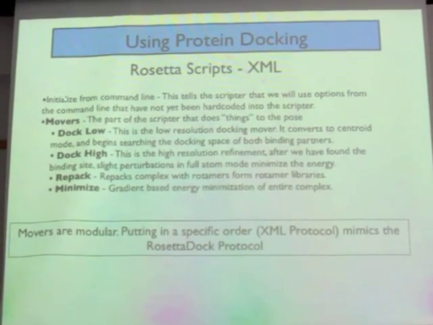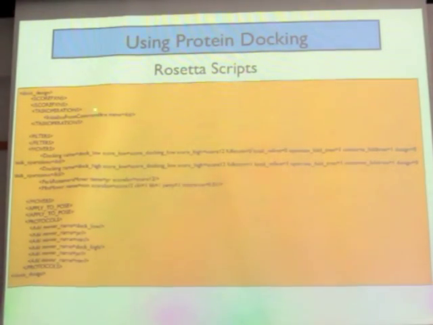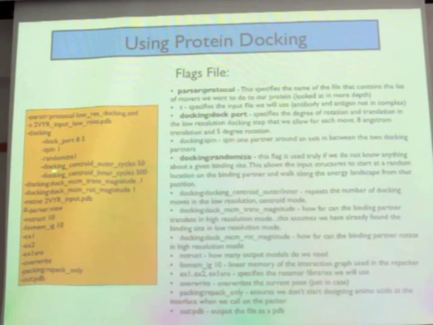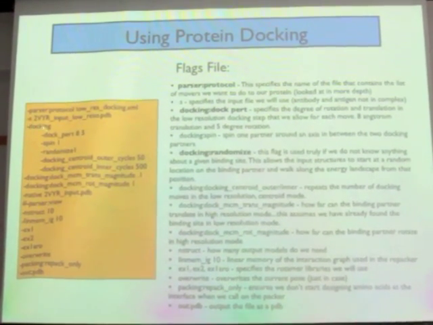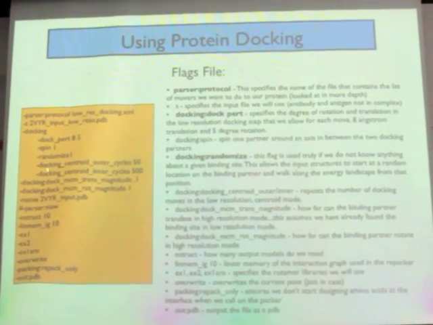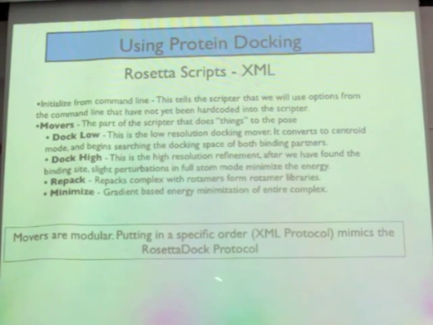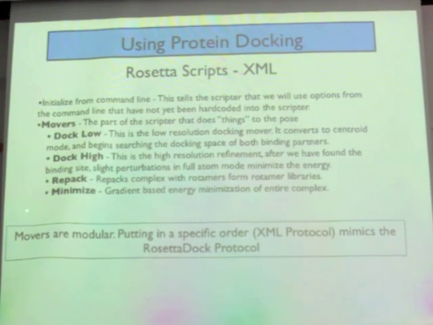So a couple important things. The initialize from command line tag right here, this task operations, allows us to give Rosetta Scripts some extra info. For instance, since these aren't part of Rosetta Scripts yet, you can tell Rosetta Scripts to look into your flags file for extra things to do to your protein. So the low resolution docking mover converts to centroid mode. I've already gone over this. Dock high is the refinement. The repack repacks the complex from the rotamers, and minimize